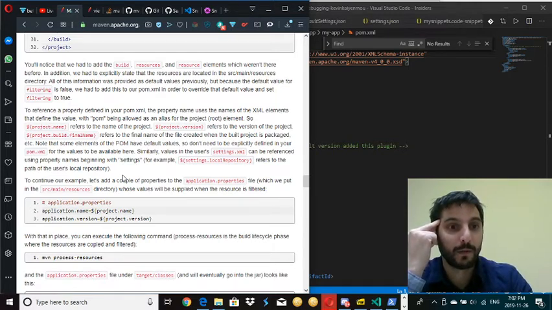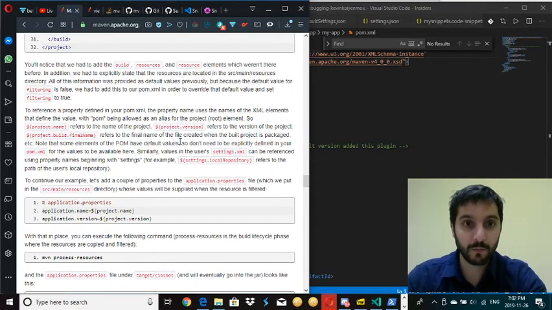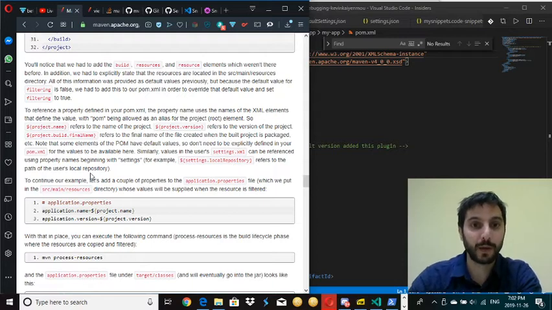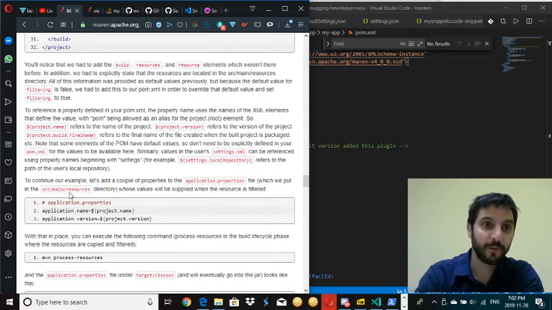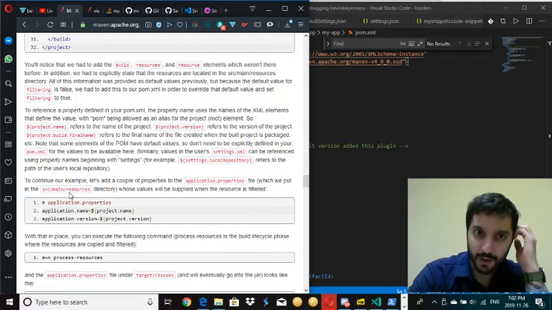Note that some elements of the POM have default values, so project.name refers to the name of the project, project.version refers to the version of the project, they don't need to be explicitly defined in your pom.xml. The final name of the file created when the built project is packaged, etc. Similarly, values in the user